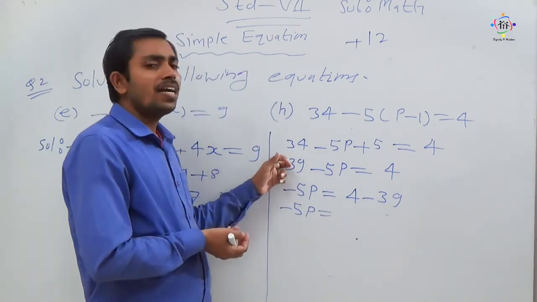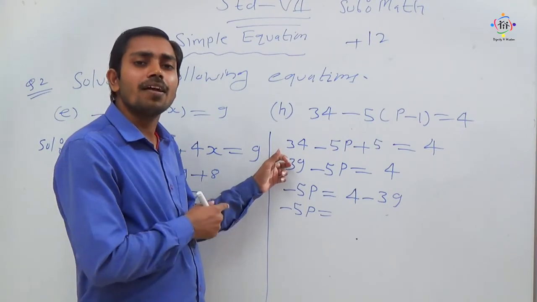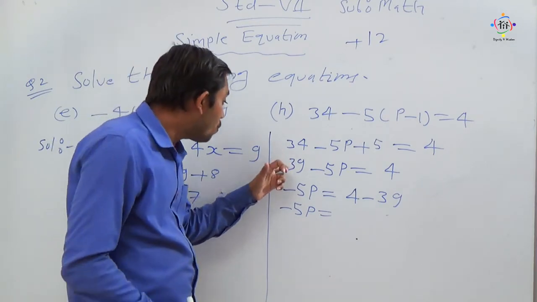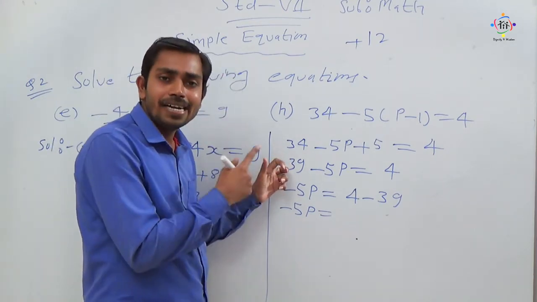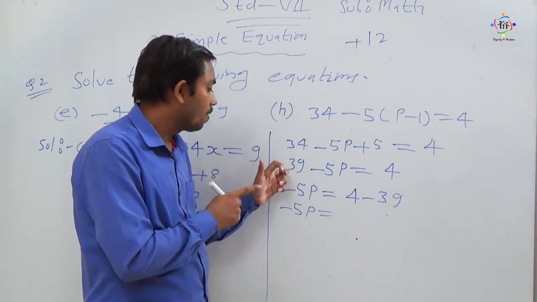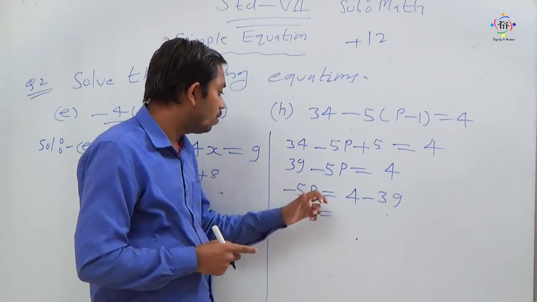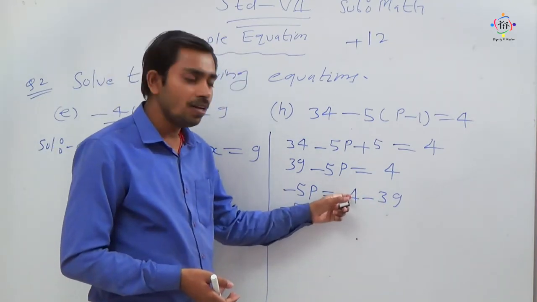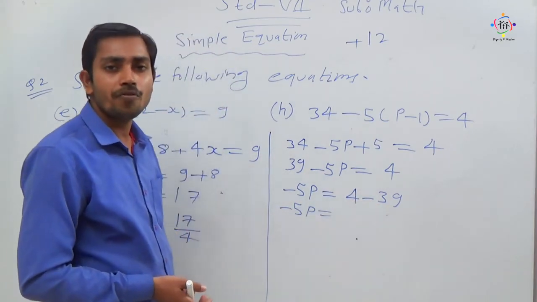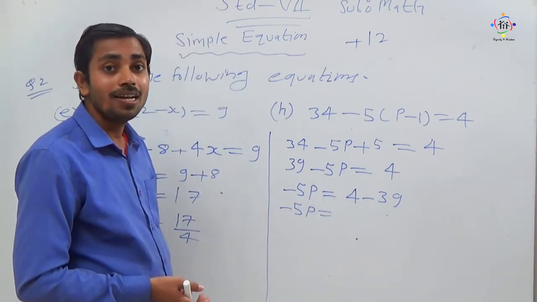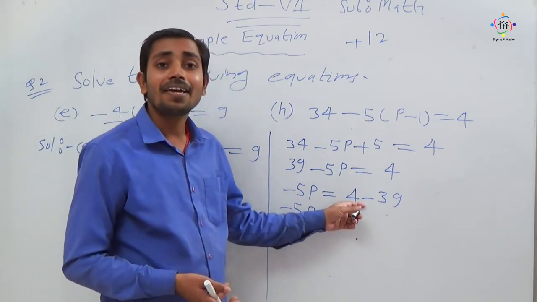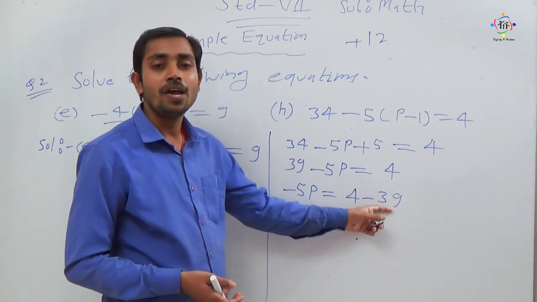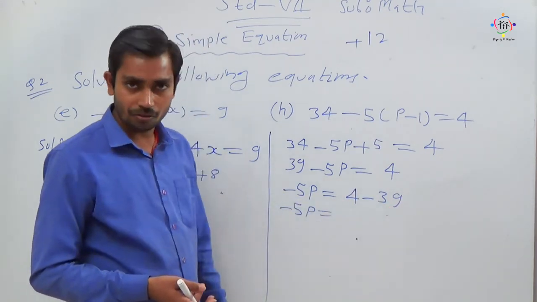See, in the left side, the last number given, usually we are not writing its sign. So always remember its sign is always plus, my dear students. So when you take this term to the right side, its sign will become minus. So here minus 5p is equal to 4 minus 39, my dear students. Now here nothing sign is plus sign and this is minus sign. If both signs are opposite, then what are we doing? Subtraction we are doing. After doing subtraction, we will implement the greater number's sign. Which number is greater over here, my dear students? 39 is greater. So definitely we have to implement the sign of this 39, my dear students.